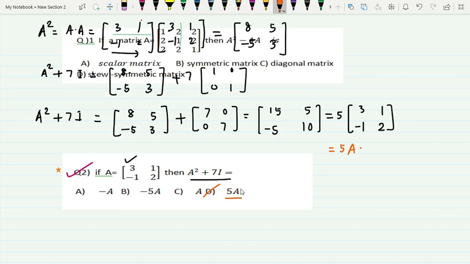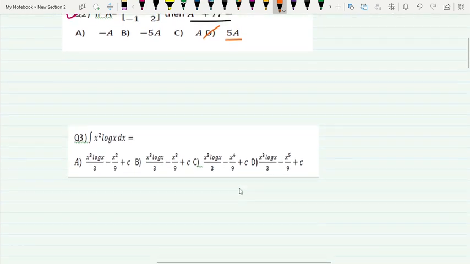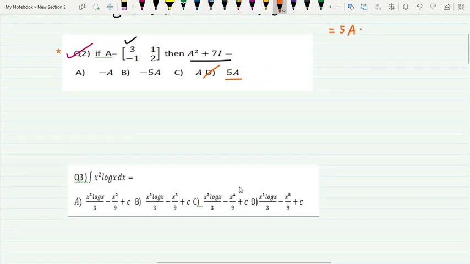Next question. Here is a question on integration. Integration by parts we can use here. So log x is the first function and x square is the second function. Integration by parts, the integral of u into v, is given by this formula,